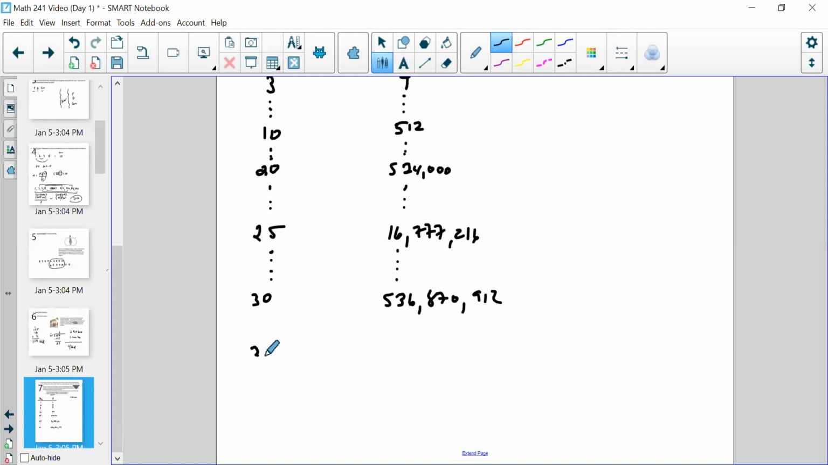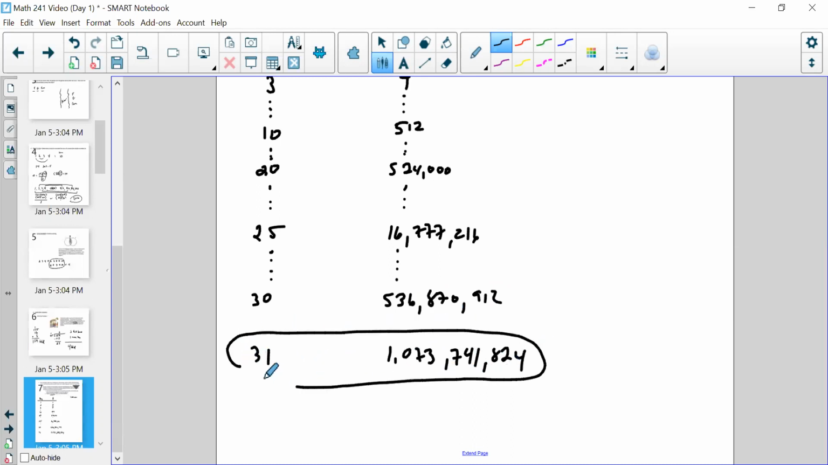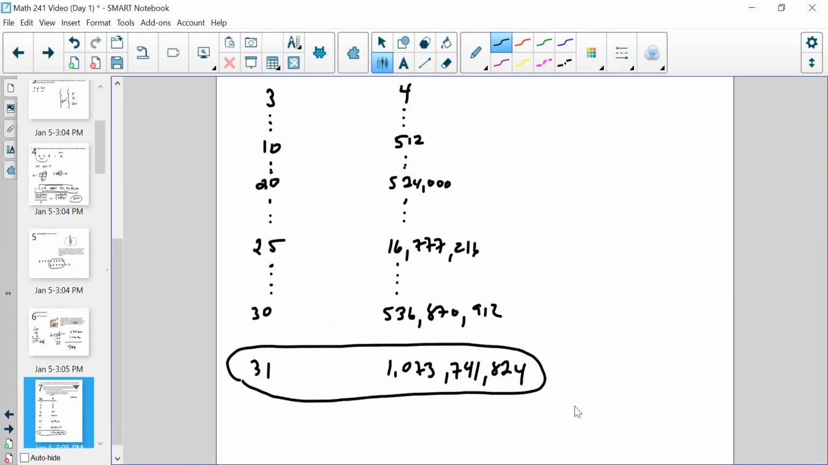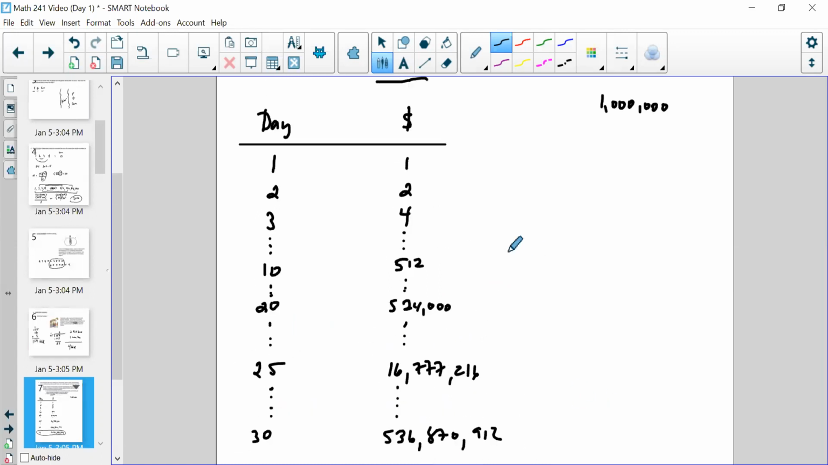536,870,912. And then if you went one extra day and looked at a month with 31 days, you'd be over $1 billion. So 1,073,741,824. So obviously with this fantasy type problem where if you could wait and have things double, it would be much larger than that 1 million. So what you're looking at is a function where you start out with 1 penny, and this is actually